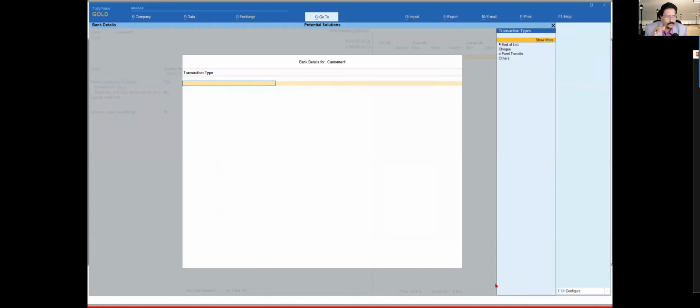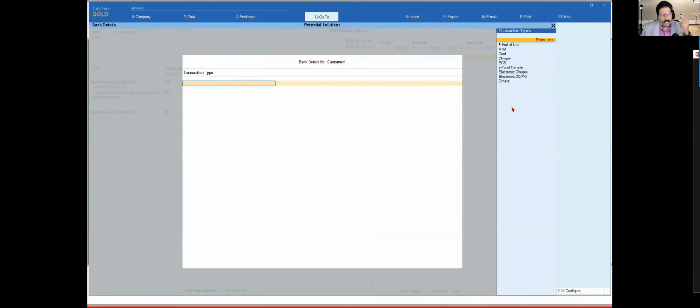So here you can specify, right? So you can say what kind of transaction by default you're going to have with this particular party, whether you're going to do cheque or you're going to do e-fund transfer, right? Or you want to do others. Now again, here you see Tally says show more, so you click here show more. So all the other options are there. Normally for party you will not have ATM, another thing, right?